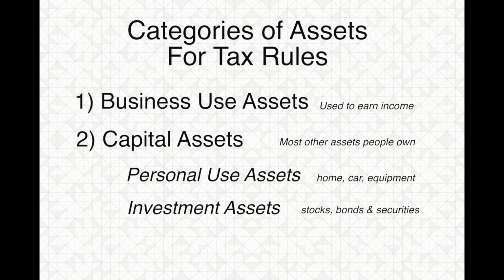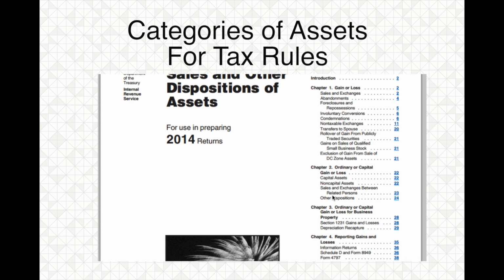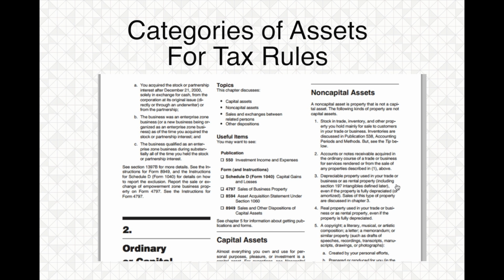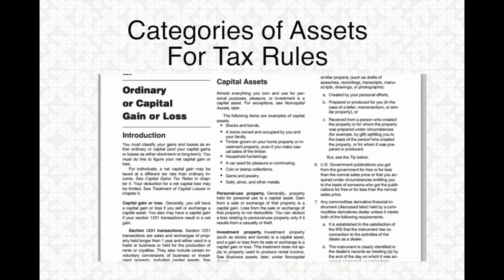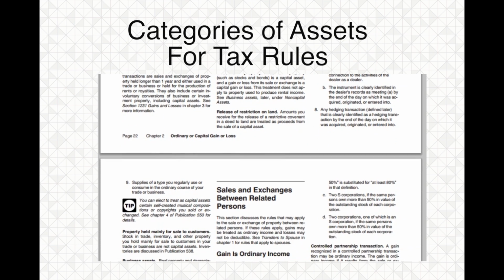And these are items that are held for investment, like stocks and bonds. But note that this does not include the business use asset, and rental homes have their own specific rules that I talk about in another video. So the IRS provides a list of what is not capital assets specifically because there's so many items that are included in this category. So if you hold items to resell to customers, that's actually considered inventory for your business, and there are very specific rules for that as well, and it is not included in the gain or loss